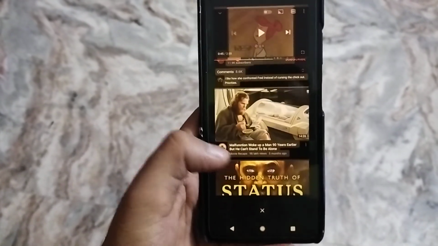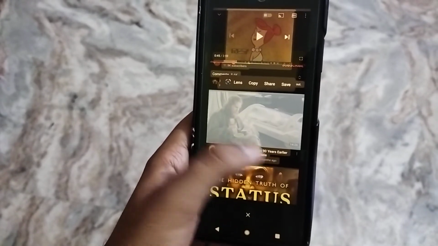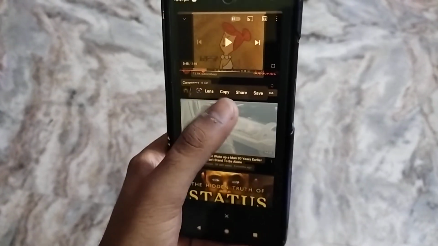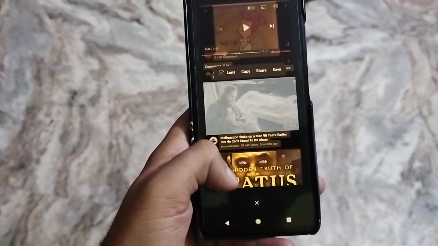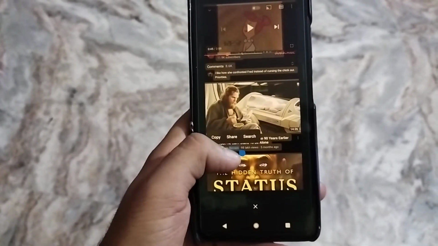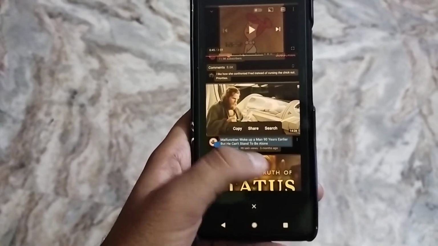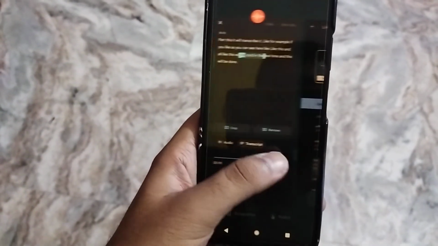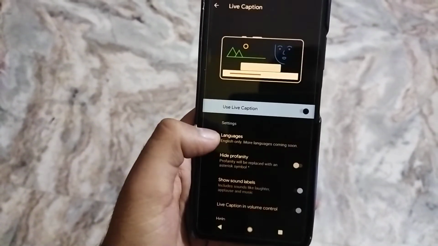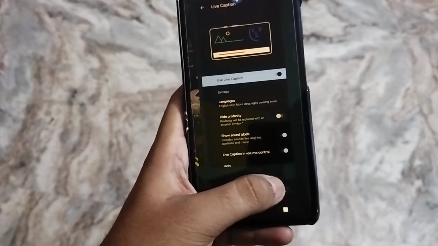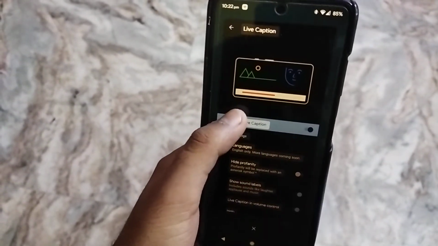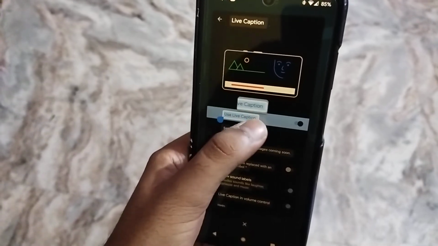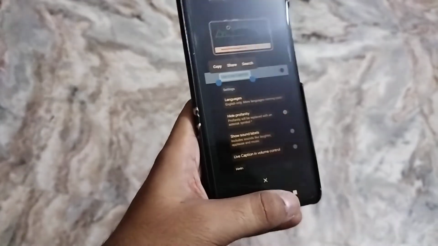I can copy this image, use Lens, share, copy, save, whatever I want. I can also copy the text in everything. For example, I can copy these settings also. Let's say I select this one, and then copy.